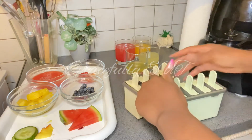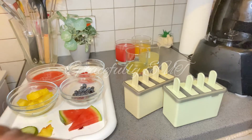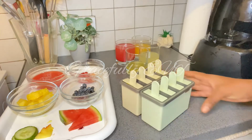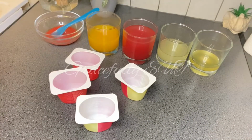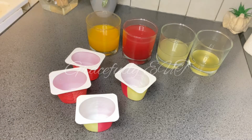And the reason why I also love this popsicle mold is that it sits perfectly in any position of your freezer you put it, whether in the standard freezer or a deep freezer. It sits so well. So for my juice, I'm just gonna